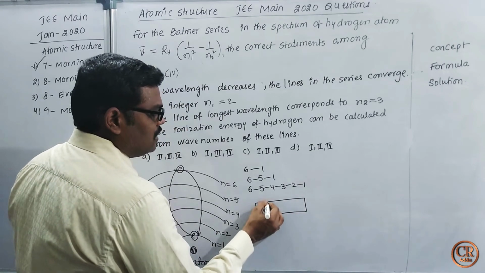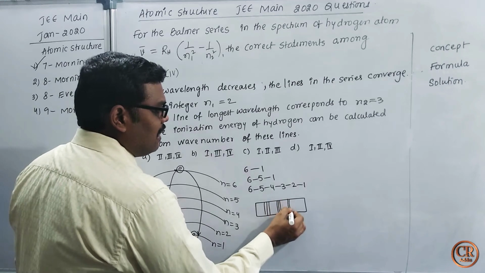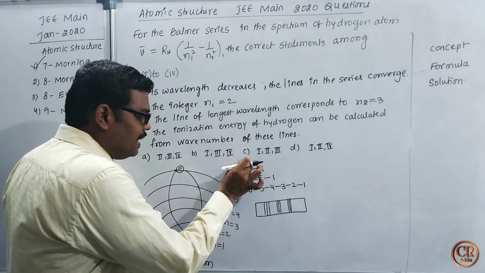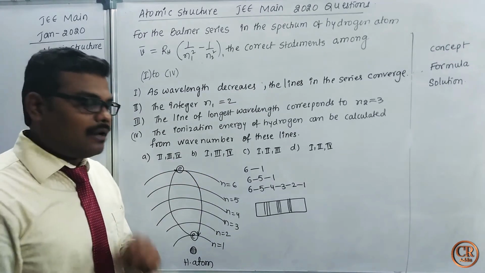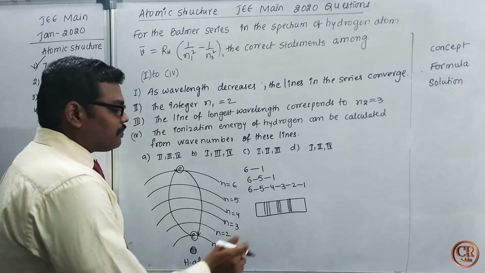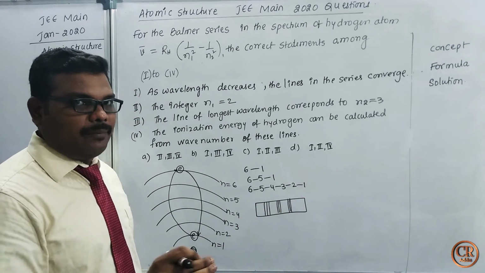In this hydrogen spectrum, so many lines we can observe. These lines are due to the de-excitation of the electron from one orbit to another orbit. See, this spectrum is mainly divided into 5 parts